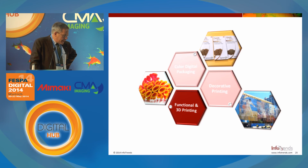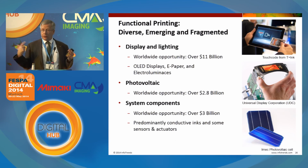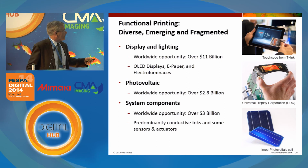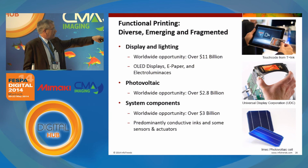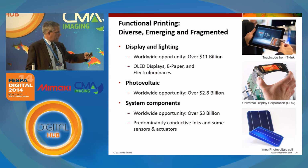So let me talk now about the functional and 3D printing group here. On the functional side, this is really a very diverse market, emerging as I showed in one of those earlier slides. Some of these are still fairly small. Things like display lighting, creating of batteries, the photovoltaic idea, system components. I mean, you see the market sizes there. I won't necessarily go into that. Driven in part by some technologies that allow you to lay down either inks or other substances, conductive substances, to allow you to do things like touch screens or flexible screens, or the batteries, or